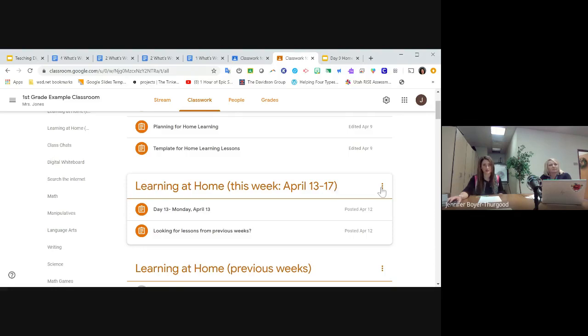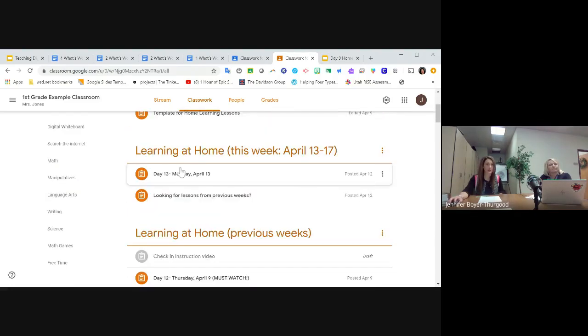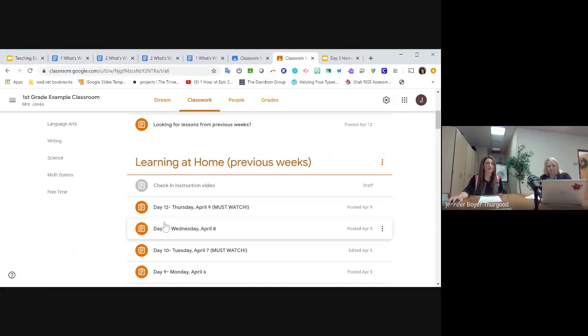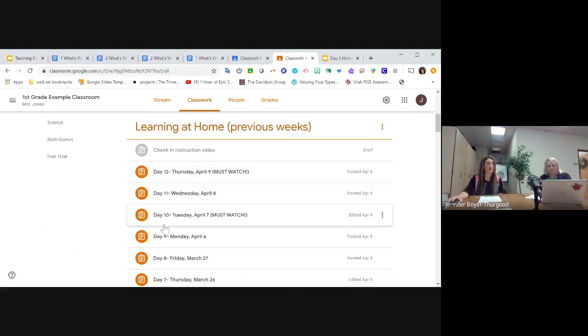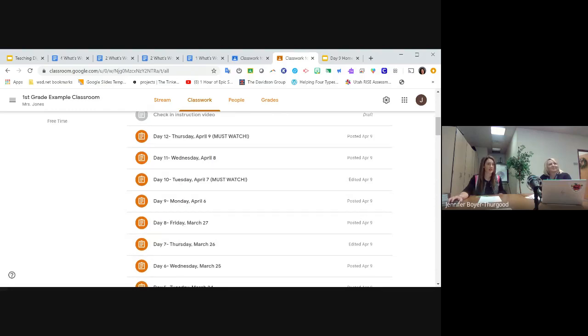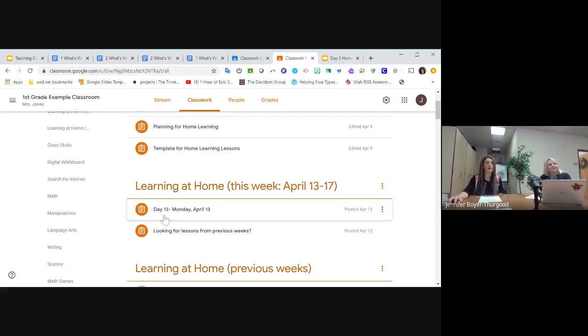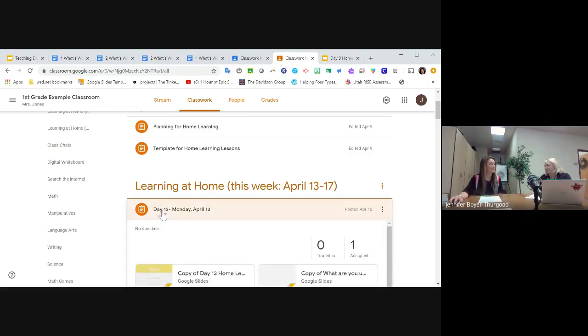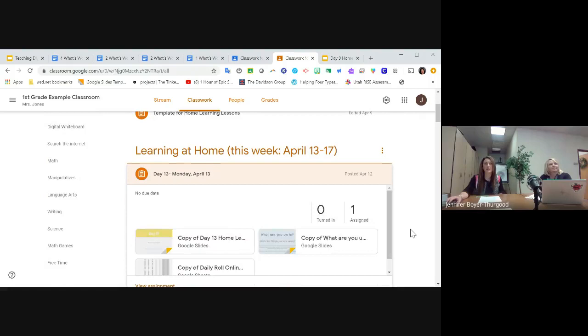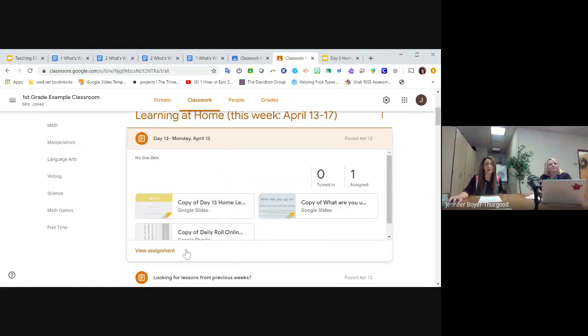So this is a 1st grade classroom. And then for each day of the week, you can see she's got where I click here, and then she's got the previous. Underneath, I'll just show you really quick her previous weeks, and she's got the days numbered. She chose to number from the day that we started this, and then she's got the date. So she's got one topic for the week and one assignment, which is what Google Classroom calls these, for each day. Now within each day, there's more than what we would think of as an assignment, but that's what Google Classroom calls it. So the kids click on this, and then inside is everything that they need for that particular day.